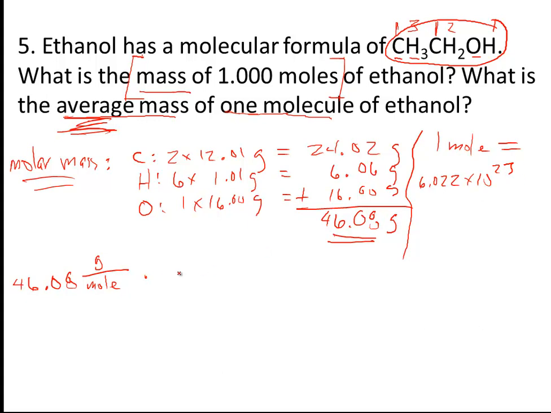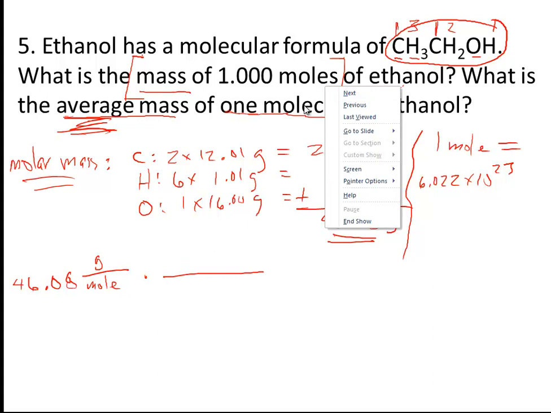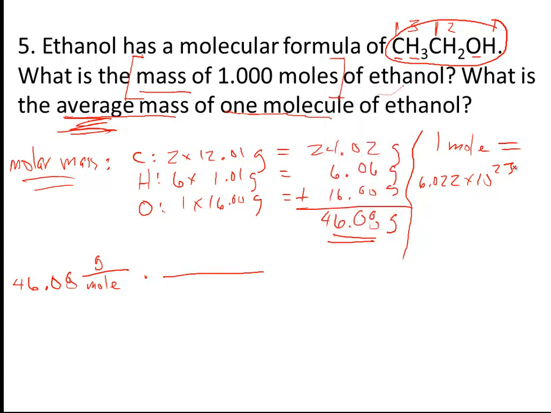And we're talking about molecules in this case. Sorry about that. So this is going to be molecules of ethanol. And so I'm going to put 1 mole on top and 6.022 times 10 to the 23rd molecules. And so the moles cancel,